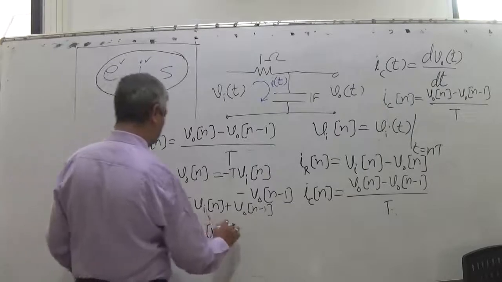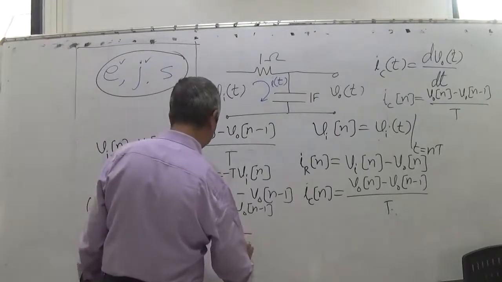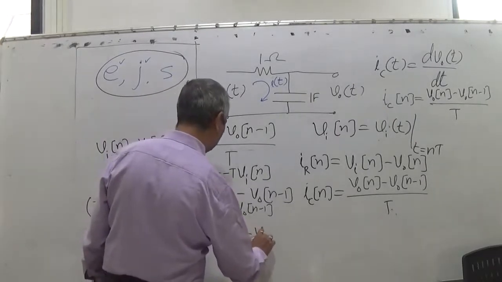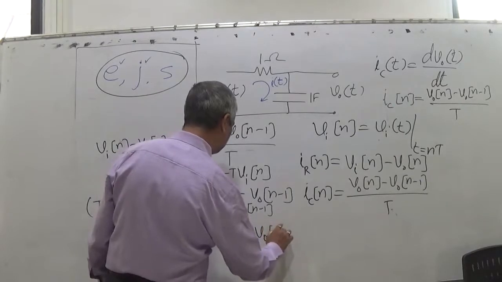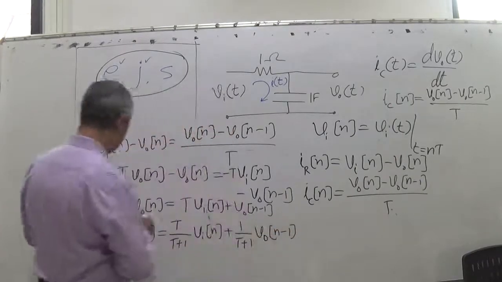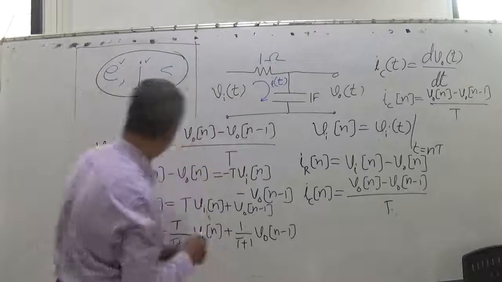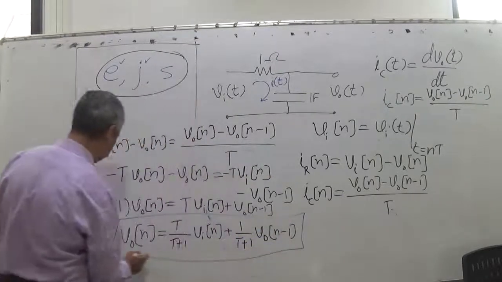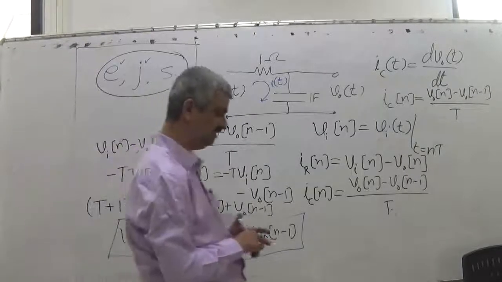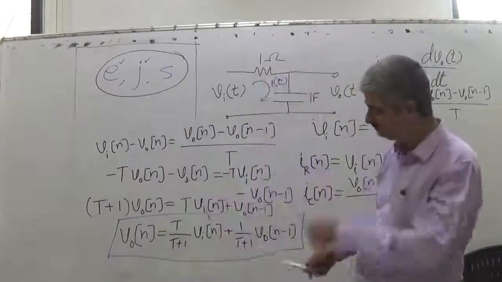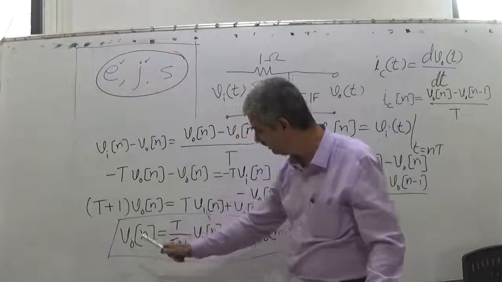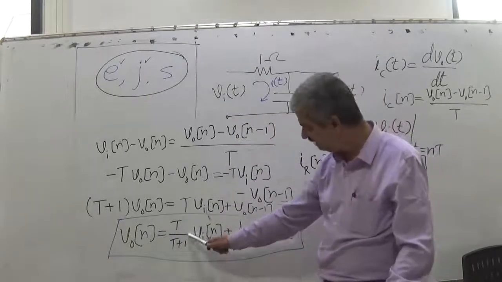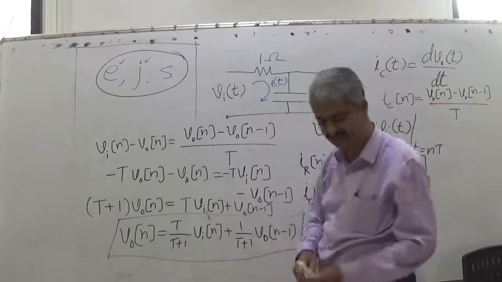Or Vo[n] is equal to T upon T plus 1 into Vin[n] plus 1 upon T plus 1 into Vo[n minus 1]. So this is the most important expression in discrete systems, where the current output is a linear combination, means something